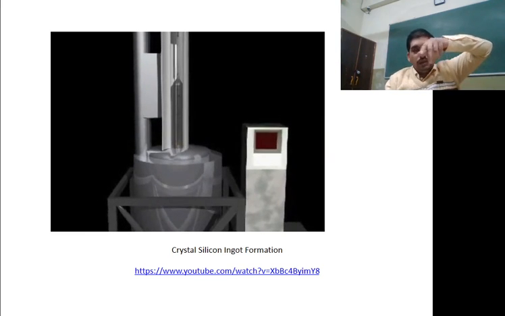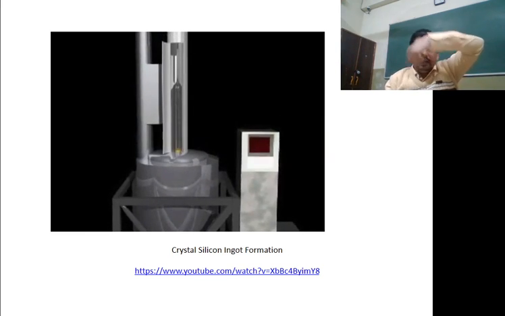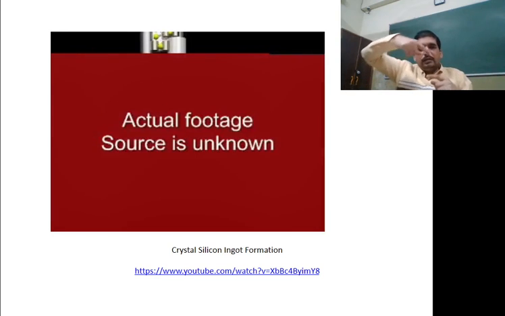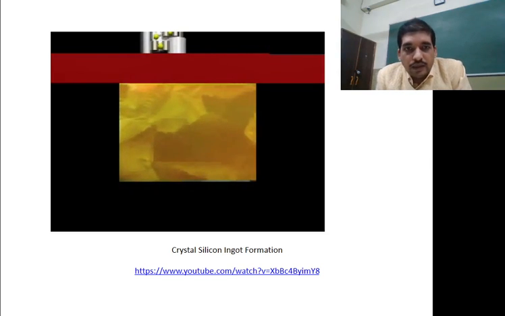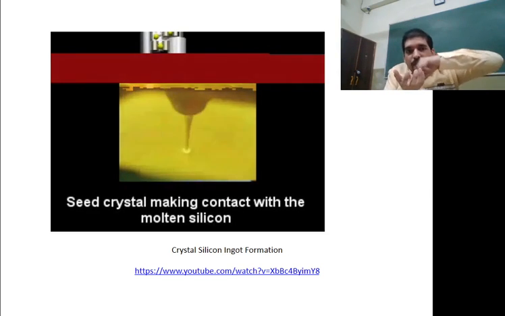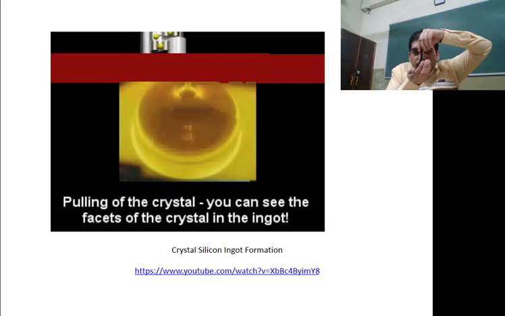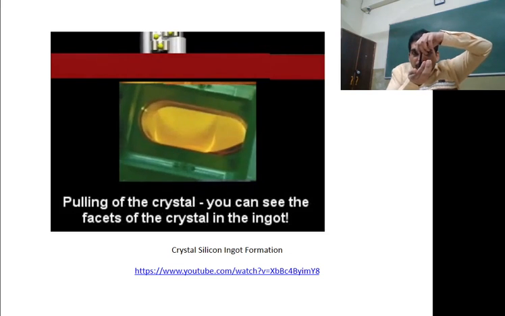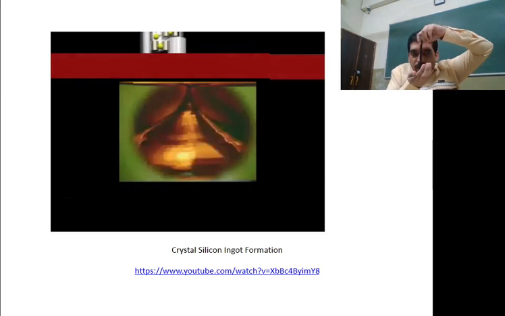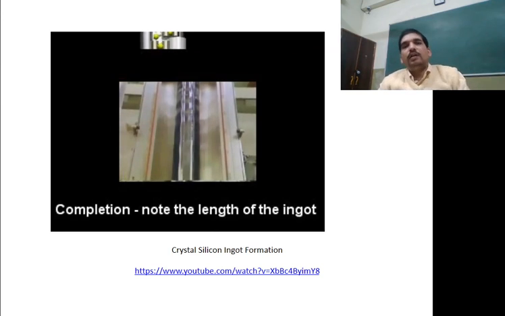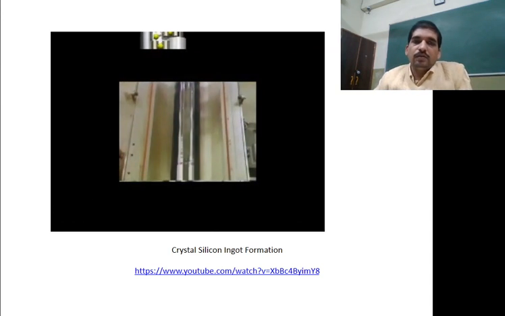It is moving slowly, and slowly the material which is coming out is taking cylindrical shape and single crystal shape. Okay, and you can see here inside this furnace, what is happening? The seed crystal is touching, see the joint, and now it is moving, so circular shape is coming. And now when we pull it out, see, it is rotating, forming cylindrical shape, and when we take it out, we get this big cylindrical structure,